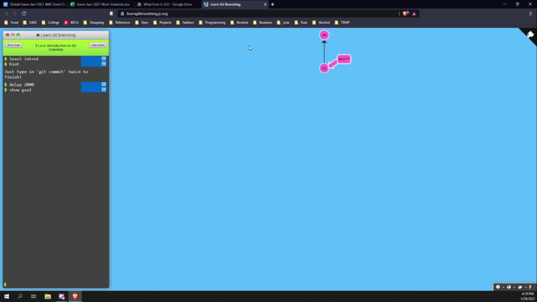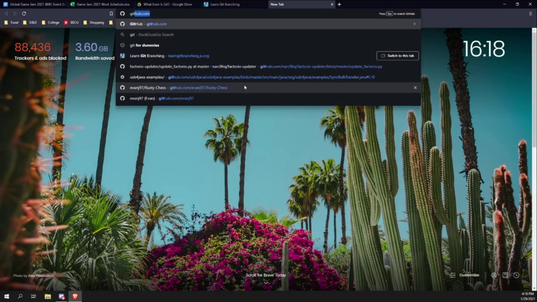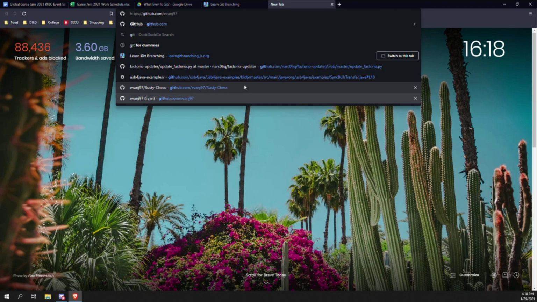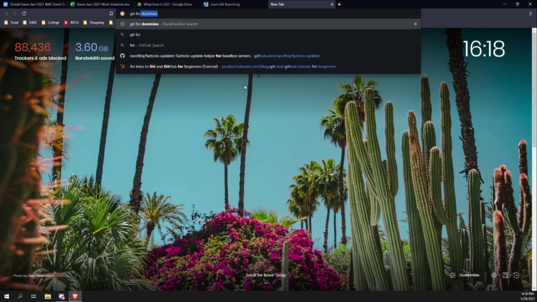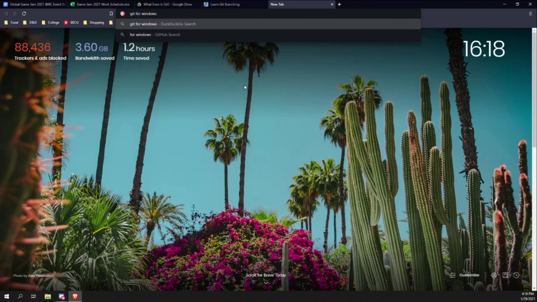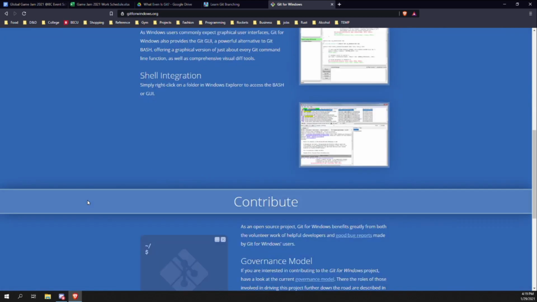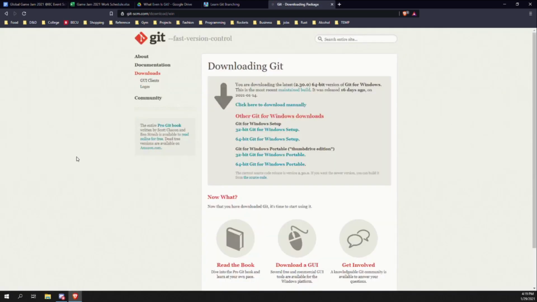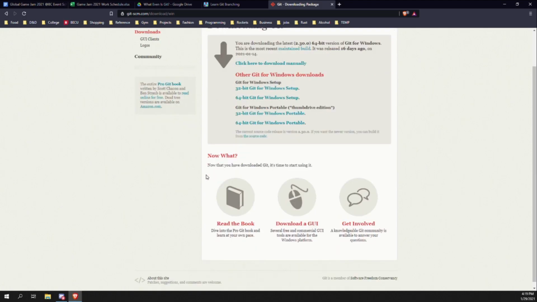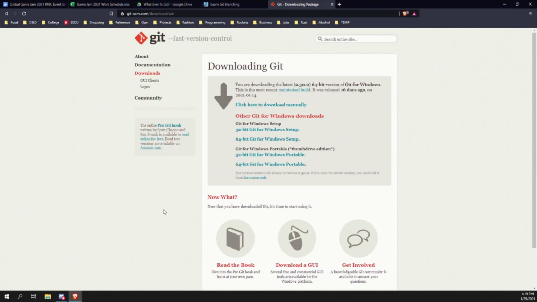Oh, right. Git for Windows. Git is installed different ways, and if you're on a Mac or Linux, you're going to have a much easier time.